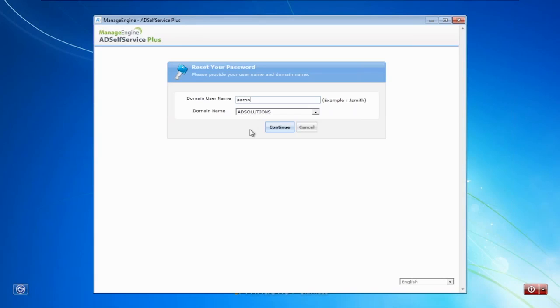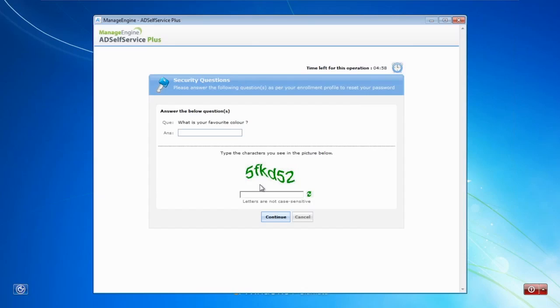If I type in Aaron, Aaron now is going to be sent over to the ADSelfServicePlus environment so that Aaron can reset his own password. Now, because Aaron has enrolled and because Aaron has to have some kind of a challenge, Aaron has to put in the answer to the questions that he set up.